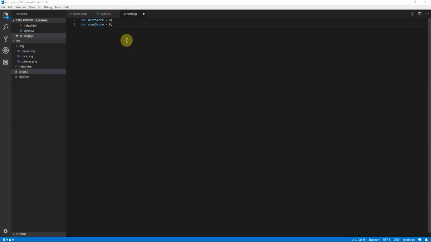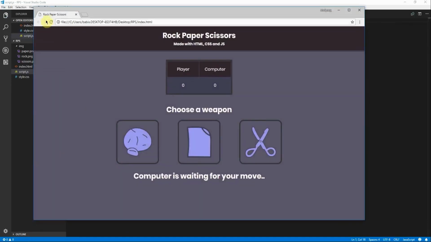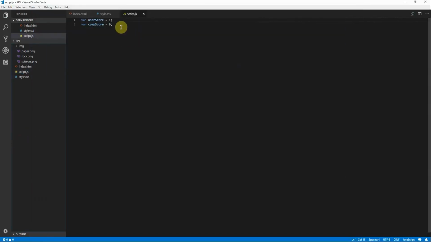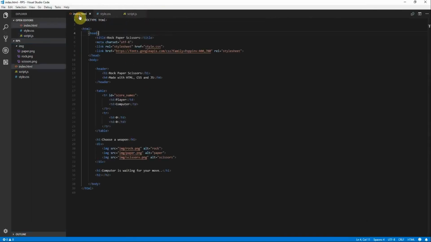Keep in mind that when we update the score, so if we set it to 1 for example, nothing is going to happen on our web page, because that's just a variable. It has nothing to do with our game right now. We're going to link that later. Let's first go to our HTML web page